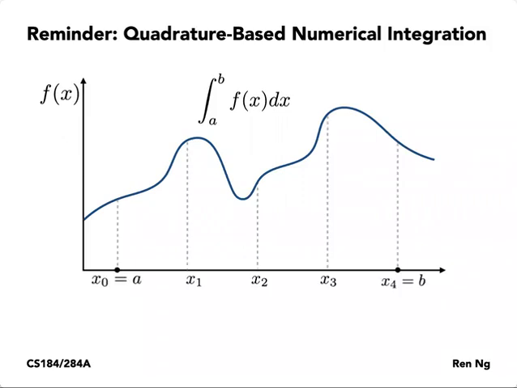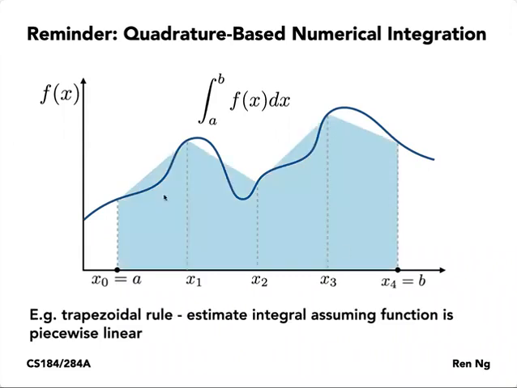Okay, so in quadrature, we would take a set of subdivisions of this interval in x from a to b, as shown here, and then we would evaluate the function at each of these endpoints of these subintervals, and then we would estimate the area under the curve, right? Remember, this is like calculus 101,